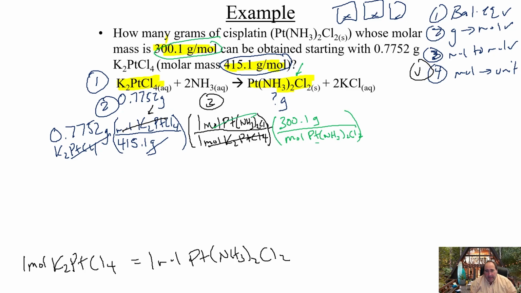The moles are going to cancel. That's going to leave us with grams of what we're looking at. And again, here, that would be step number 4. Remember, we're going to multiply whatever's on top and come back and divide by whatever's on the bottom all the way across. So essentially, in this case, we're going to take 0.7752. We're going to times it by 300.1. Remember to hit equals, and then we're going to divide it by 415.1. And that's going to get us